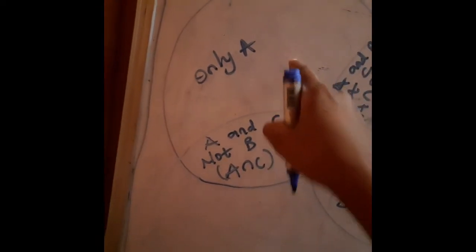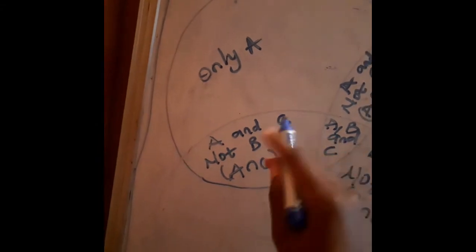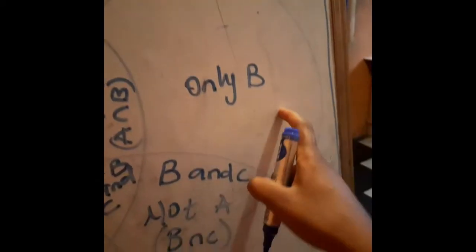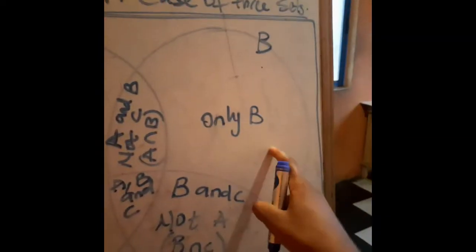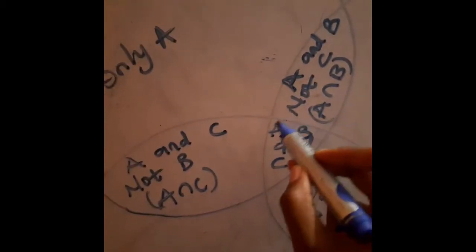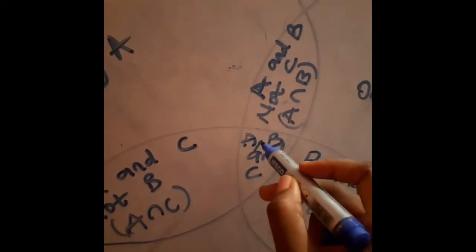Now look at the intersections. Any element we have here is in both A and C, and not B. That is the combination of the elements here and the elements here, without B. B is not intersected here, so we can't add B. So this is A intersection C. This is the elements in B and in C, so we have B intersection C. Here also are the elements of A and B, which is A intersection B. And this is the combination of all, the intersection of all, which is the elements of A,